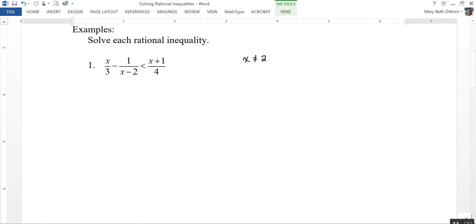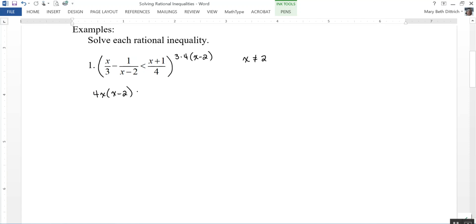Now let's solve the related equation. So let's just imagine for a moment that this is an equal sign and we need to solve this for x. So this is a rational equation, so I'm going to multiply the entire equation by the common denominator, which would be 3 and a 4 and an x minus 2, and then distribute that to each one of these expressions. So distributing it to x over 3, the 3's will cancel out and I'm left with 4x times x